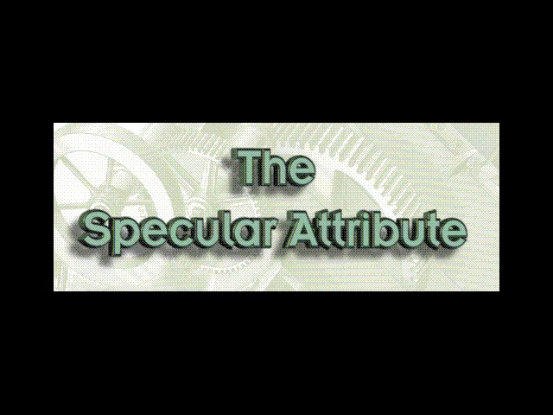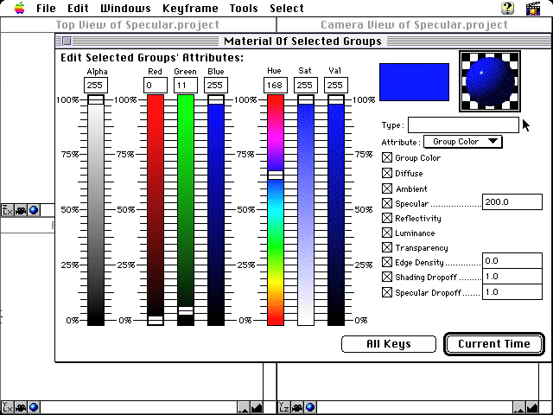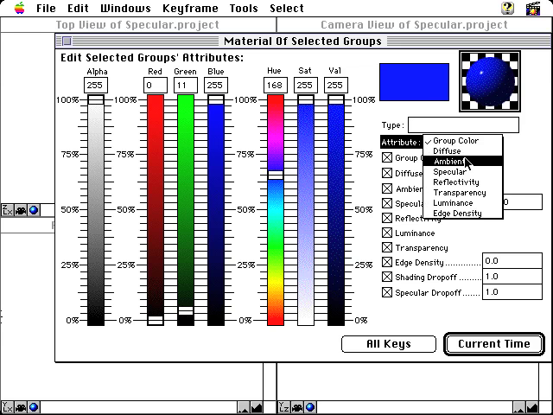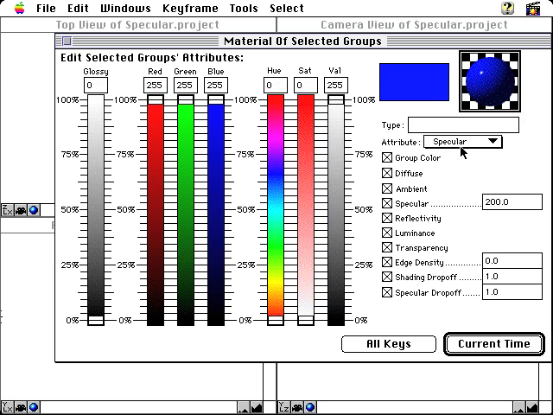The next surface attribute we are going to be covering is called the specular attribute. The specular component to a surface are the highlights that you see on a surface, so it's how shiny a surface is. The highlights on an object tell you how finely polished it is. An object without any specular highlights is either coarse or made out of cloth or specifically treated to not have